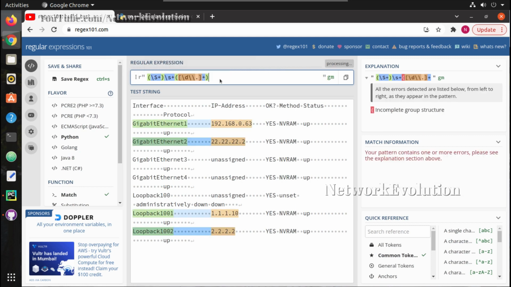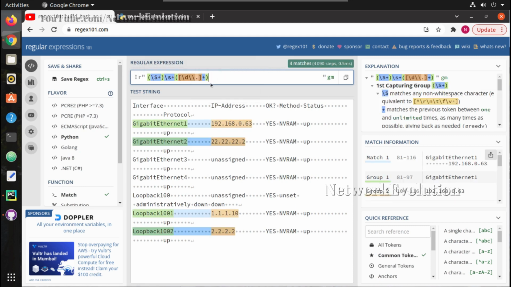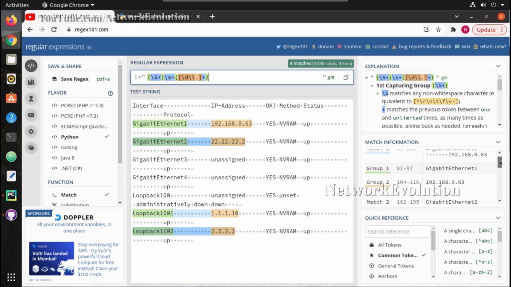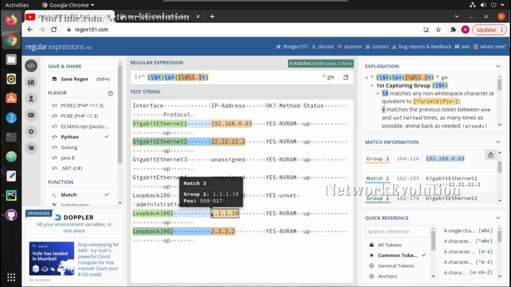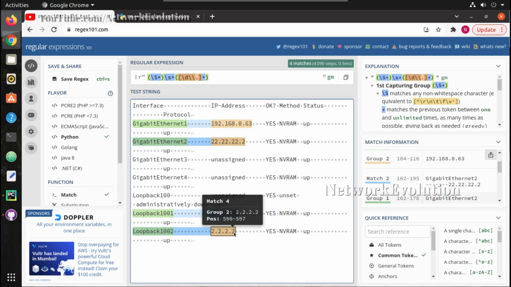Let me put it into another group. Yeah, now group 2 contains the IP address, but now it is able to catch only the interfaces with IP addresses. But if you want to find out even interfaces with unassigned or any other status, what you can do is